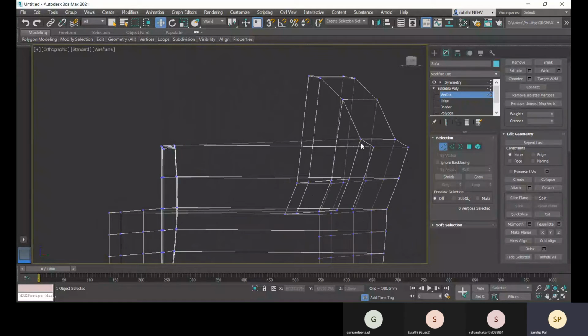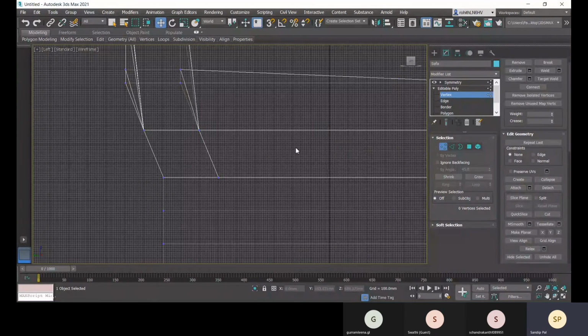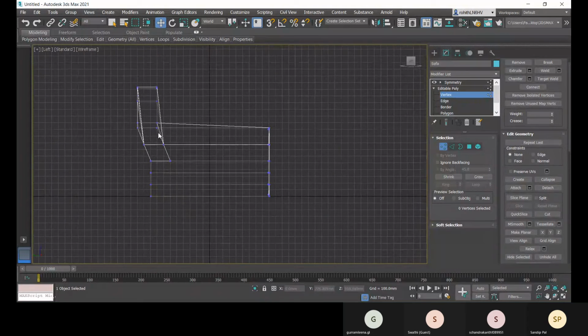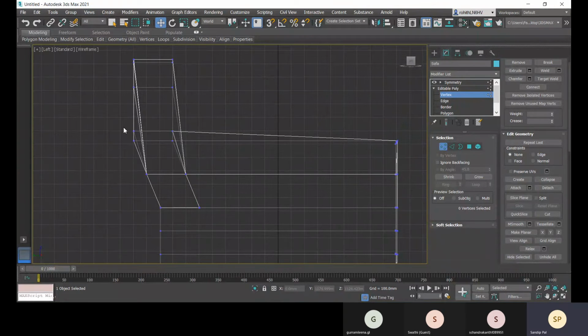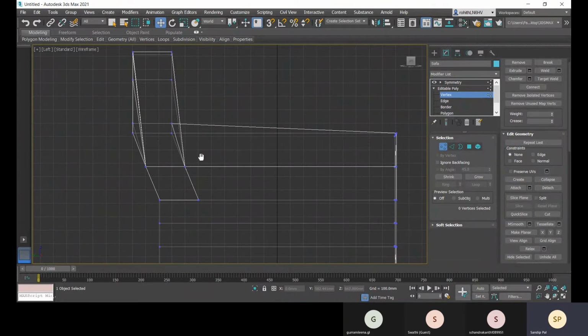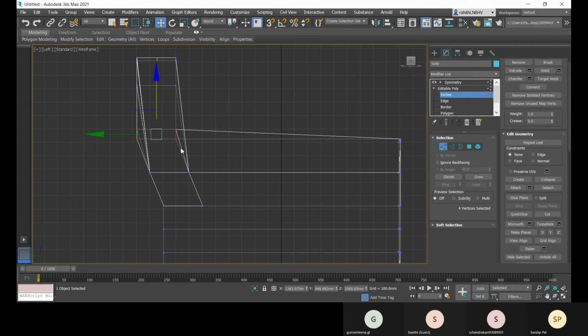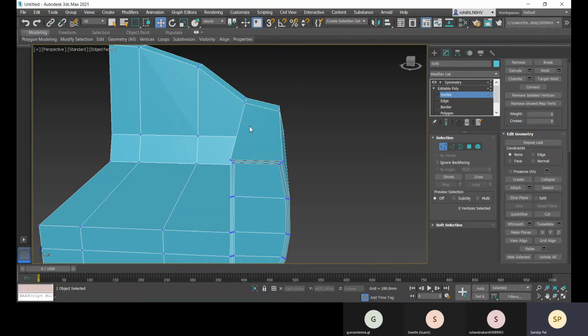Okay, and come to this left side, left view, and here you can see that these are not properly aligned as per this, so you can align it. Select. Now let me select this too. Okay.